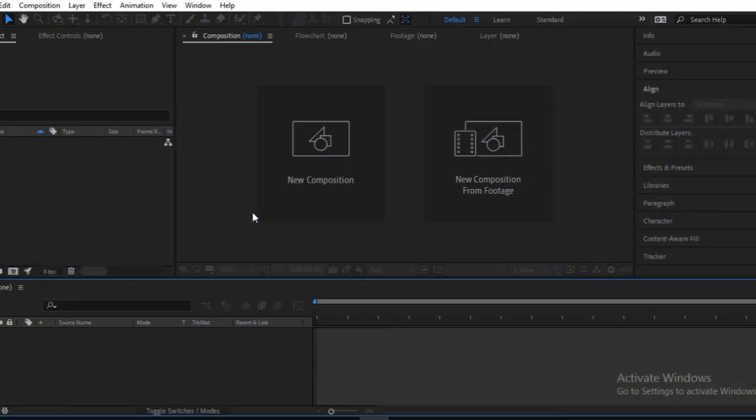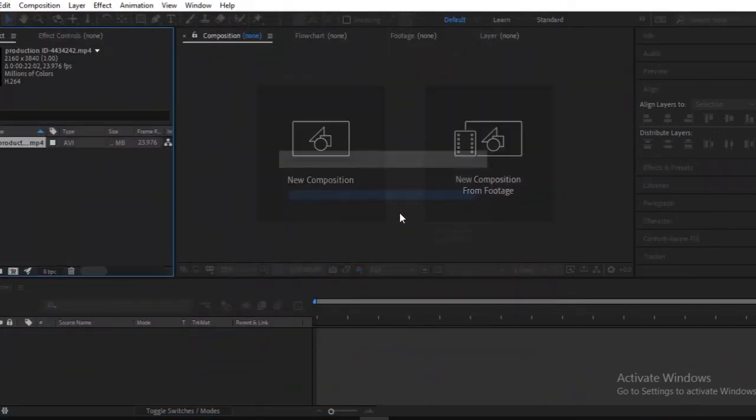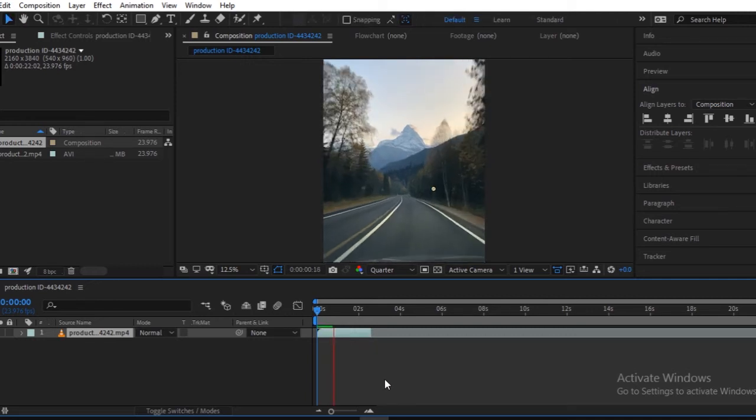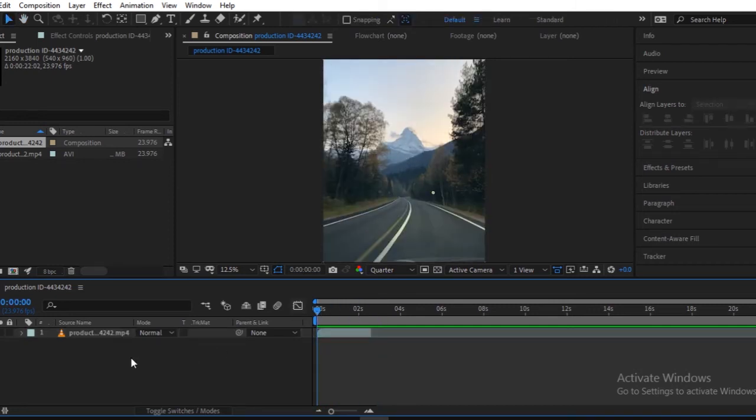So for that, just come here. Maybe I'll import the video on which I want to work. So for that, just repeat the same process, double click here. Let's import this video. Again, drag and drop it here. And for the easiness of this tutorial, I'll shorten the length of this video so that it won't be a heavy work for my PC. You'll understand why I say this. So now once this is rendered, all we have to do is just come here